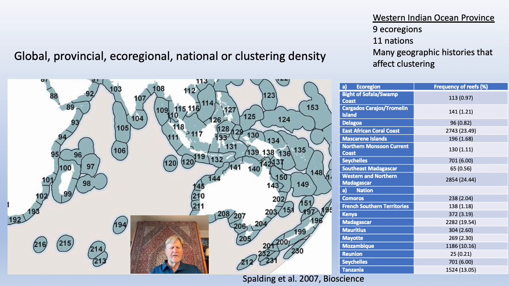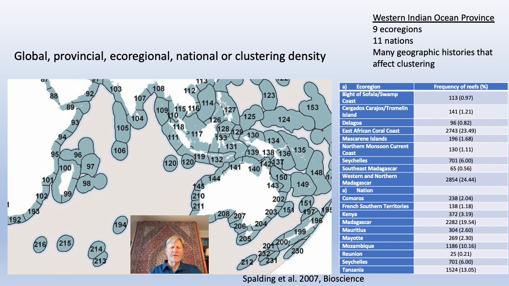The area that I'll be discussing includes 9 ecoregions and 11 nations. They're shown here. These ecoregions have distinct faunas. They're closely related, but there are certain environmental conditions and slight differences in the fauna, and that makes them unique for their distribution. So much of the analysis that I'll do is both done at this ecoregional level and at the national level in order to determine where this distribution occurs and to what extent these national or ecoregional delineations influence